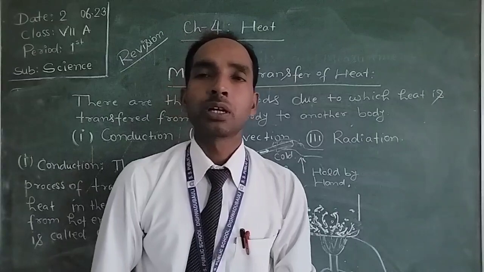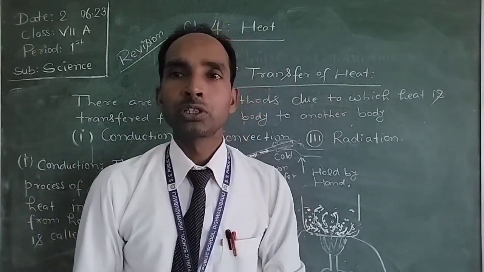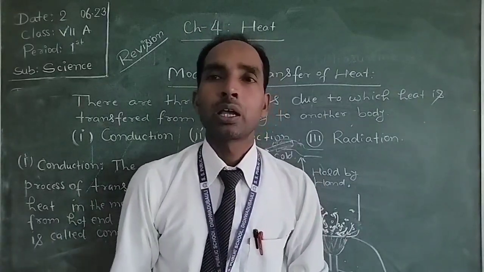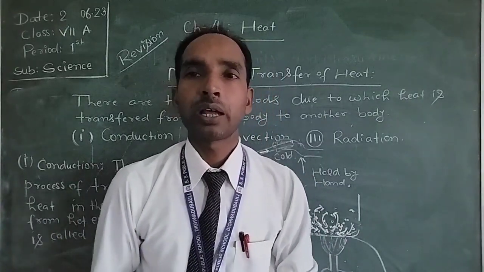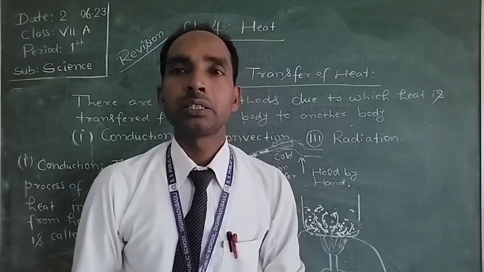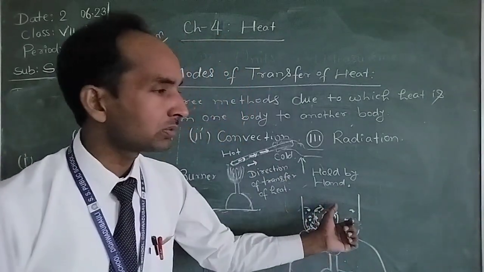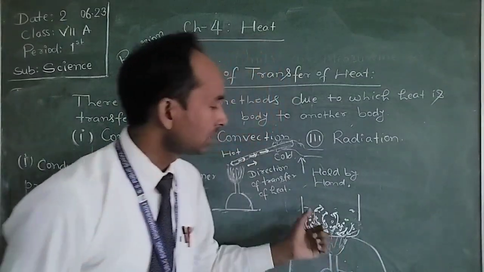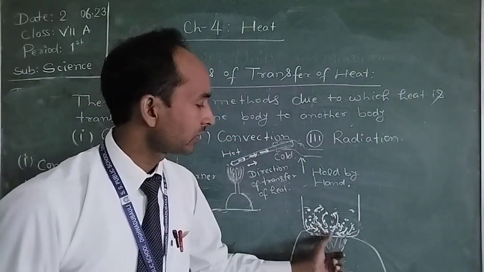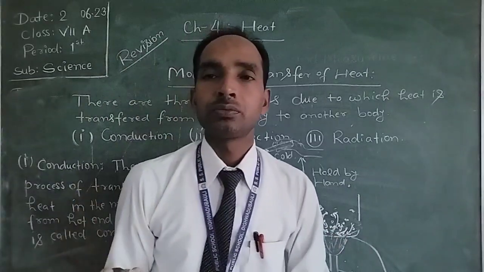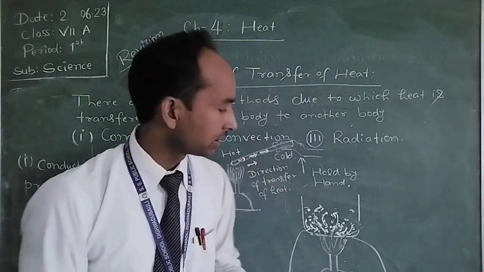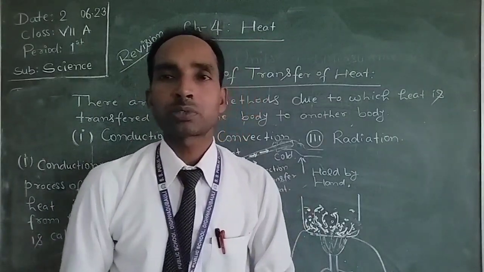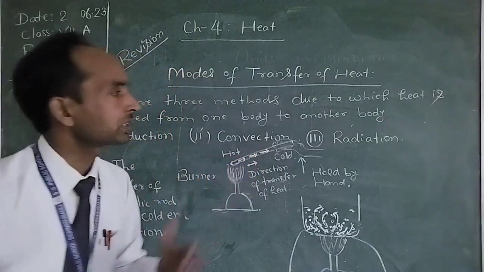Convection is the method of heat transfer in liquids in which the molecules which obtain heat from the source get hot and become lighter, and they reach the surface of the water, and the heavier molecules come down to fill the place from where the lighter molecules rose up to the surface. So this process of transferring heat is called convection.